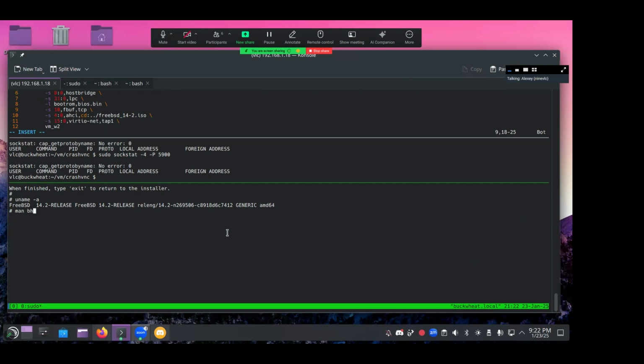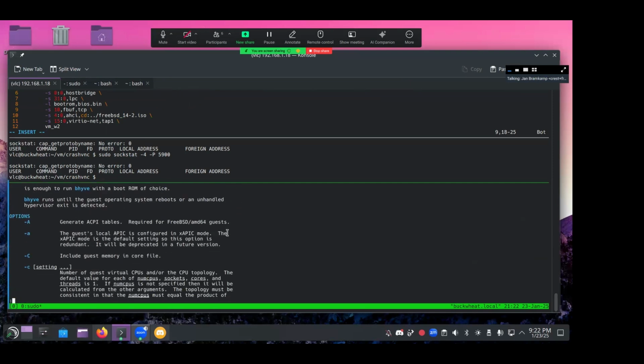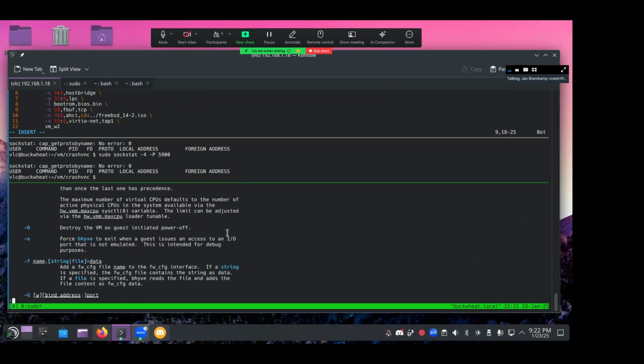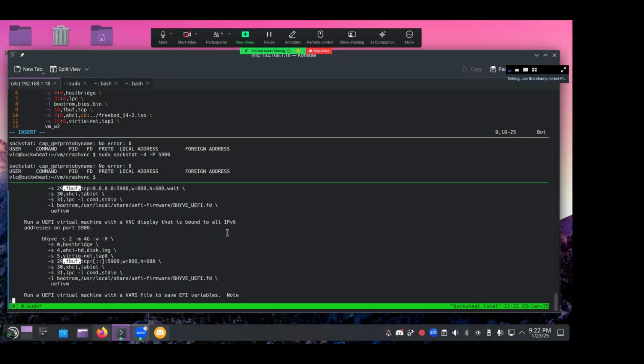Let's go here. Man bhyve. And then in the man page, search for fbuf, that should locate the example. Yep. You can just copy and paste that line if the device number is correct for you. I cannot copy and paste here. You probably can, if you seem to be trying to use it to select it.